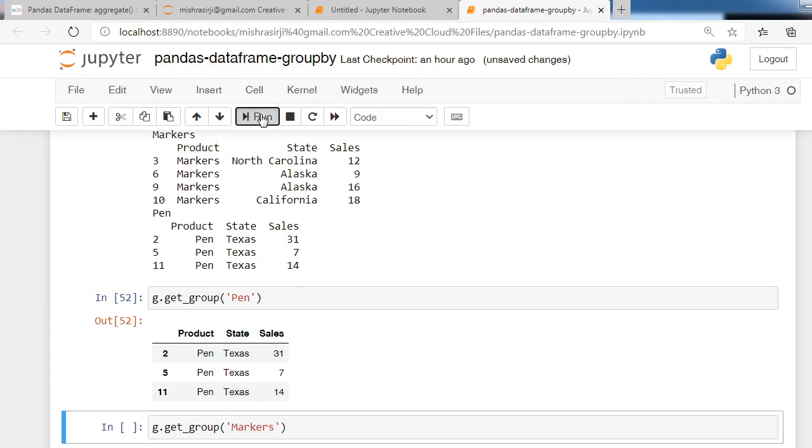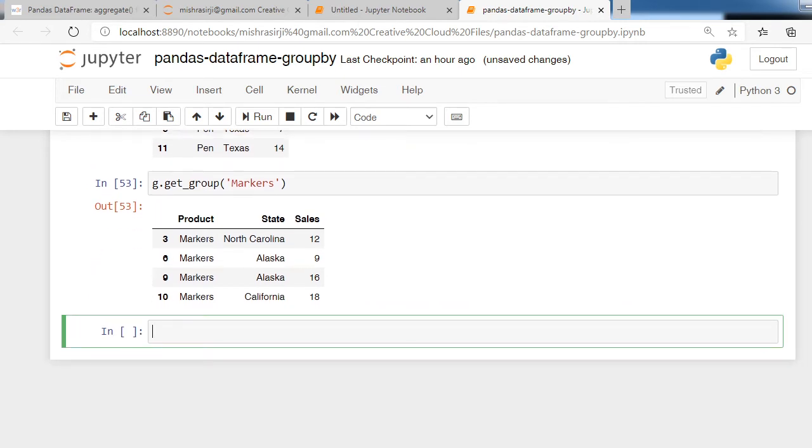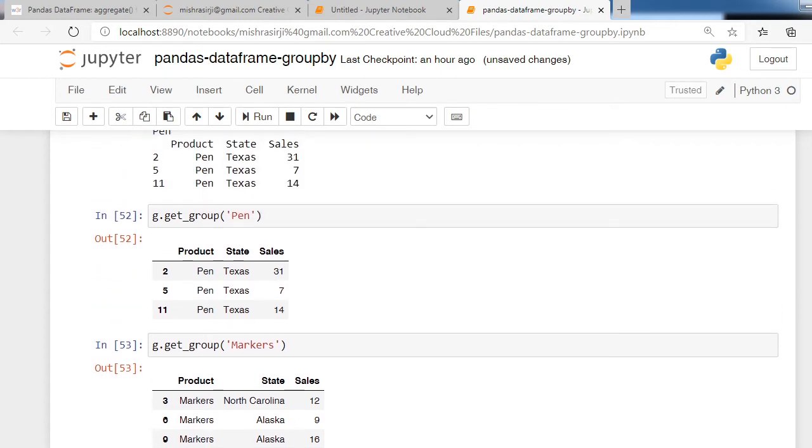Now see what the output is. The output contains information of product markers. So the group by function is splitting our data frame into four groups.